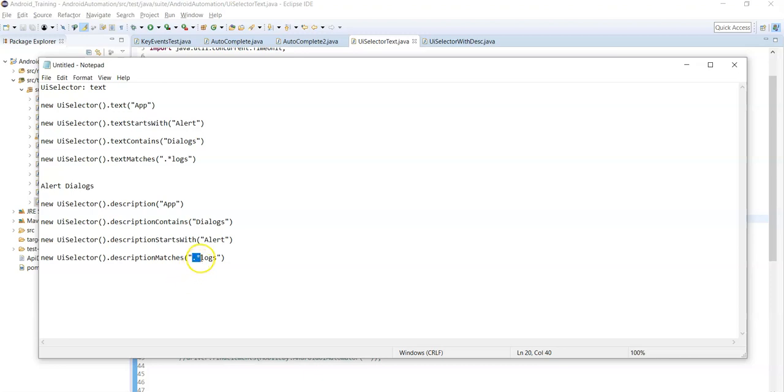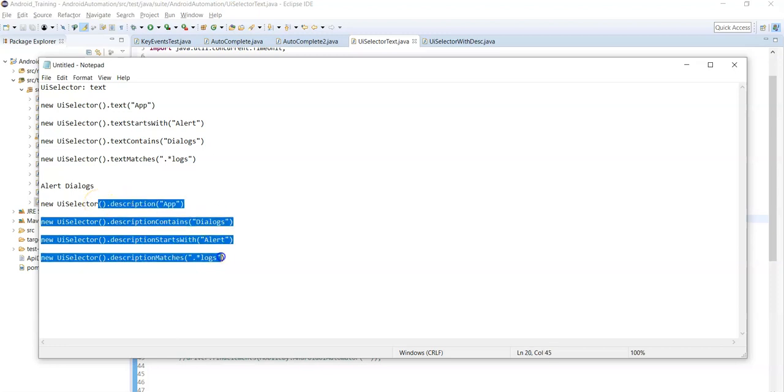In this case it will search for a content desc value that ends with logs. Before logs the value can be anything. So these are the different methods using which you can identify an element with content desc values. Now let's see one scenario using these methods.